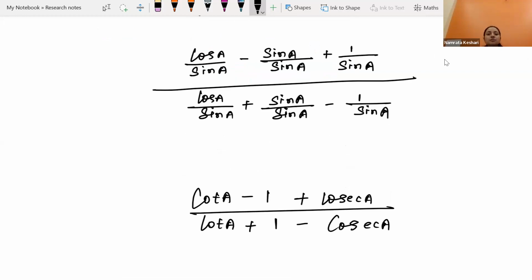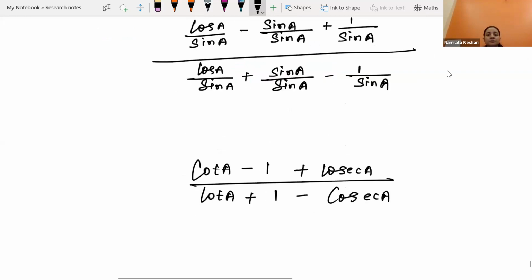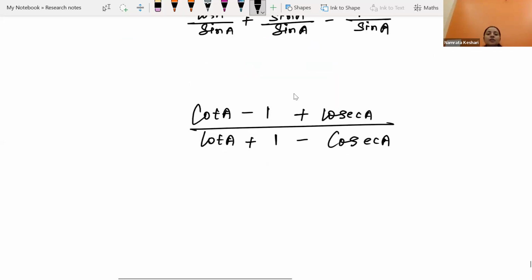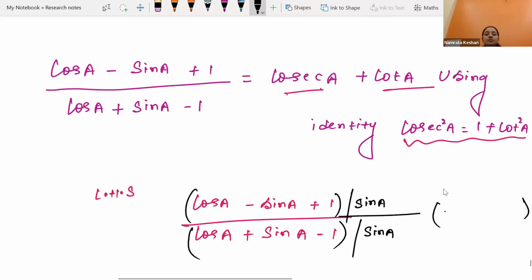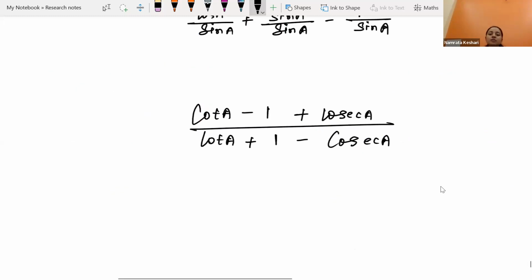Any confusion so far? Now we are supposed to use this identity. We will keep in mind that we are supposed to use this identity over here. So if we have to use this identity over here, cot A plus cosec A